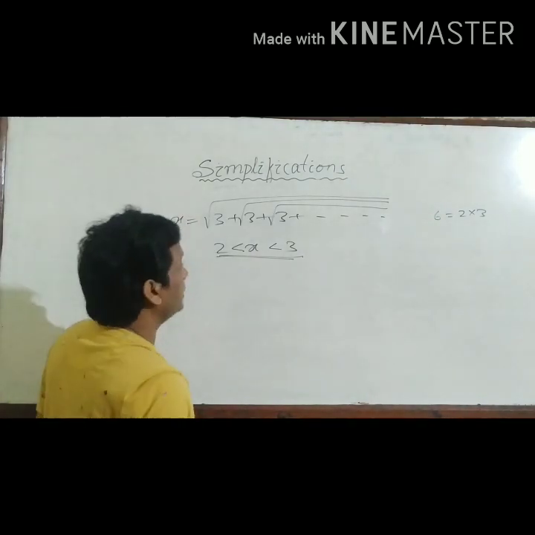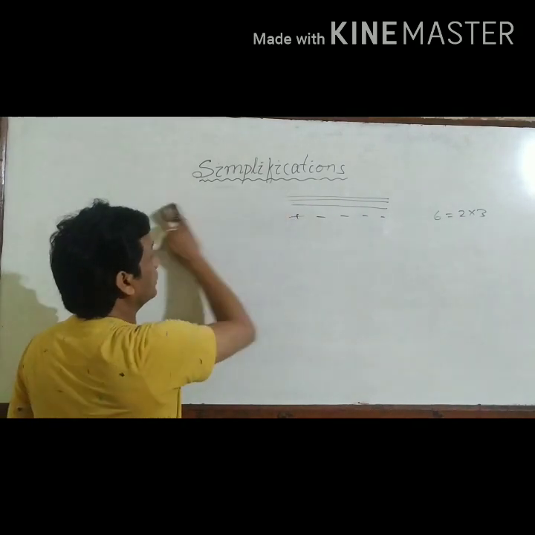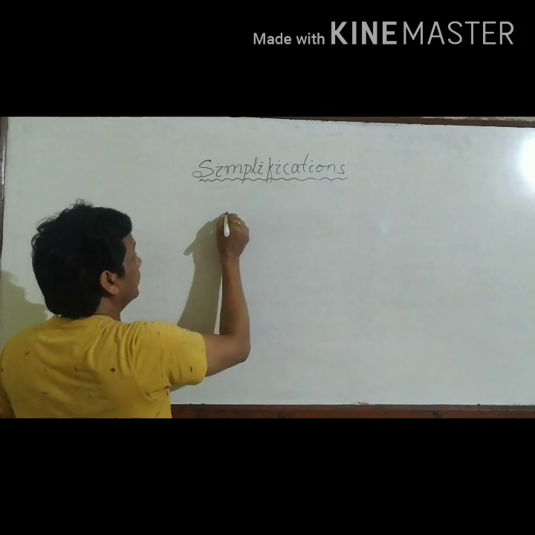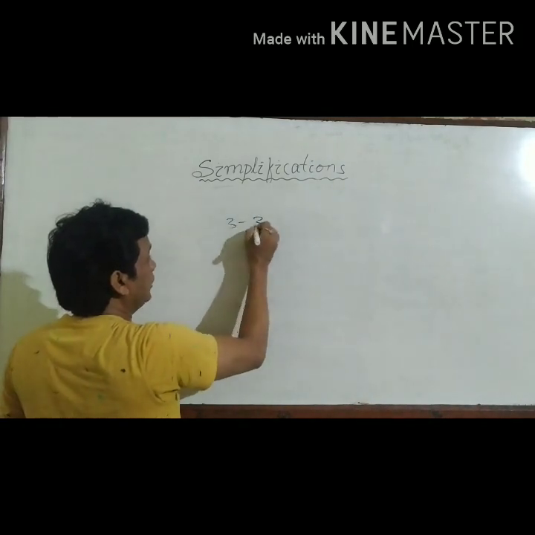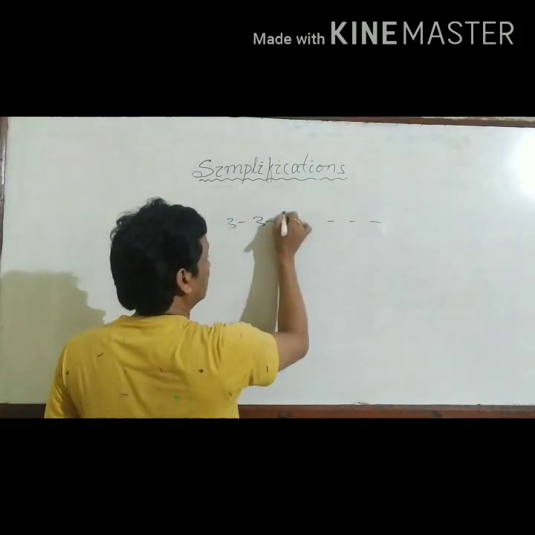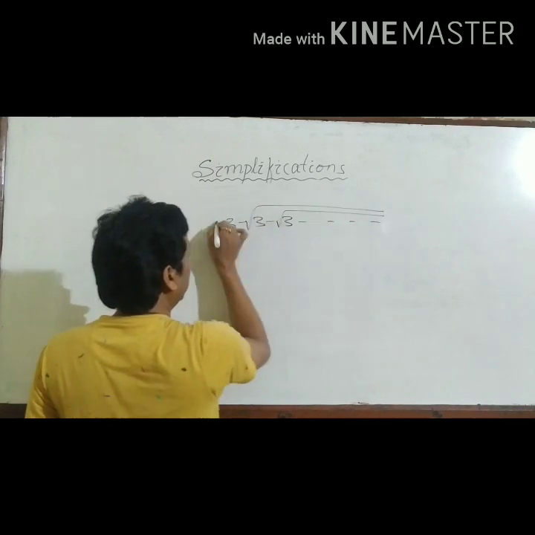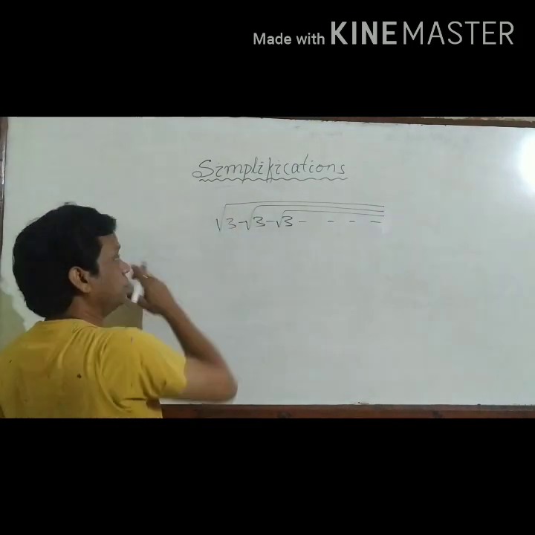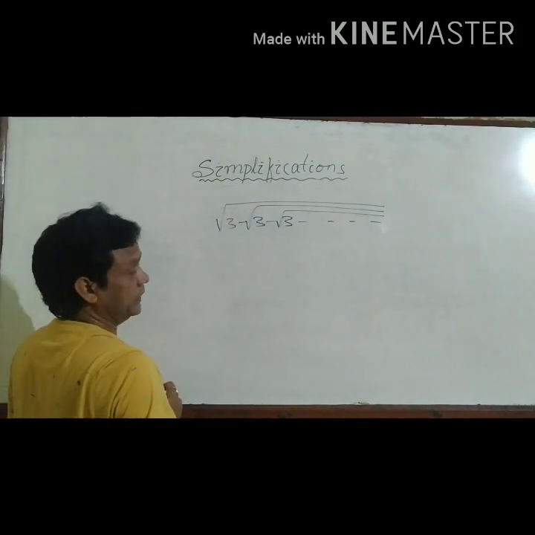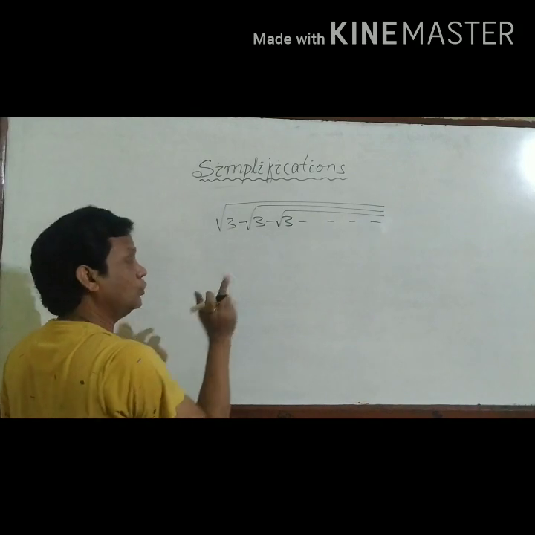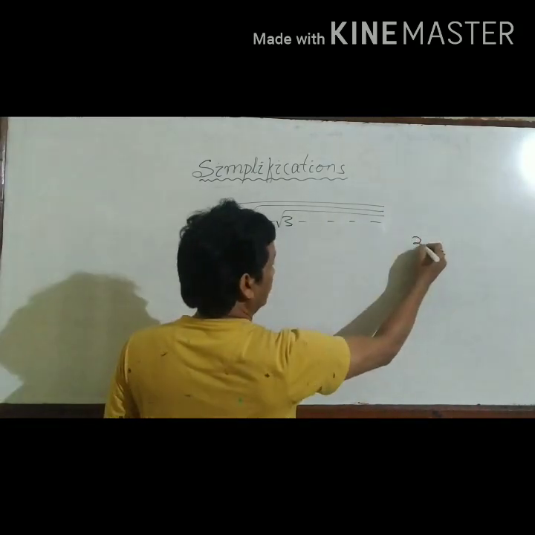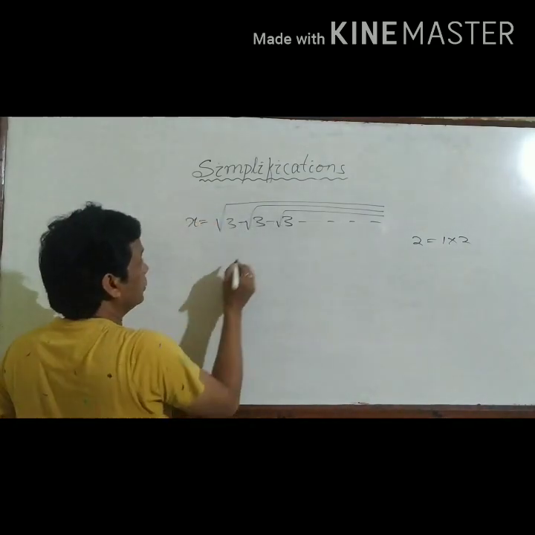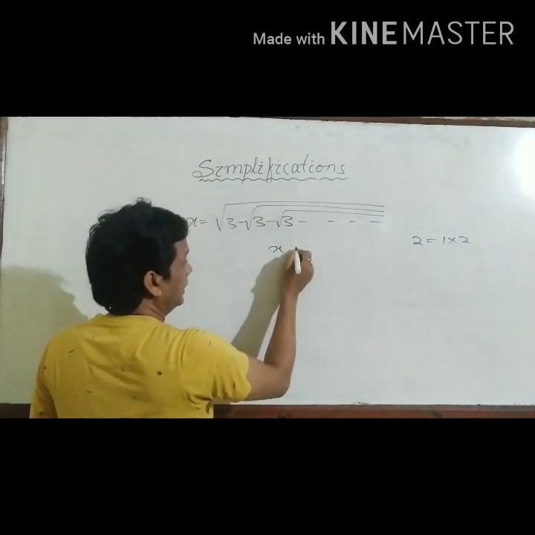Then see here. If it will be minus, 3 minus 3 minus 3 minus so on. 3 cannot be expressed as the product of two consecutive integers, and the minus is there. So you should go before 3, less than 3. Less than 3 means 2. 2 can be expressed as the product of two consecutive integers. 2 is equal to 1 into 2. So if this number is x, the value of x will be less than 2 and